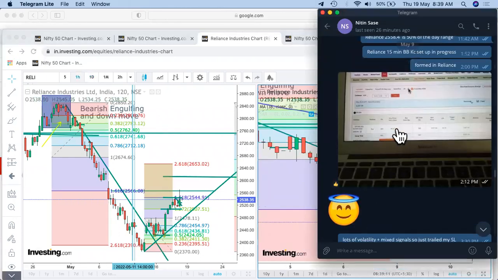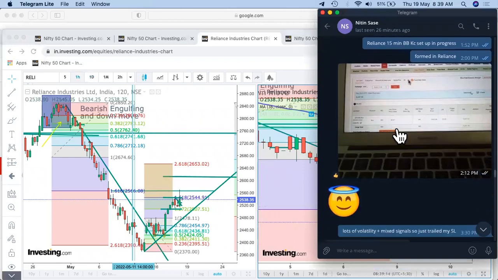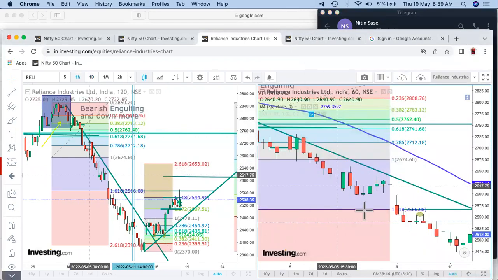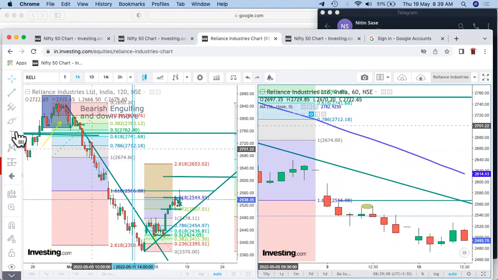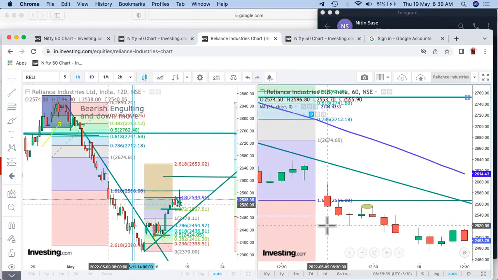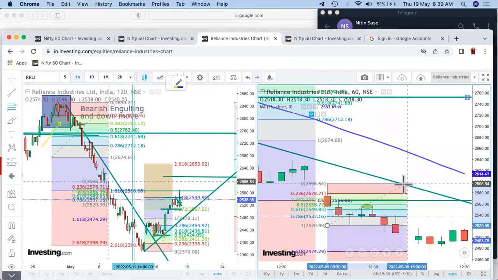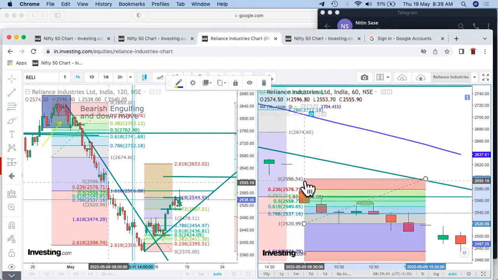which was this day, 9th of May. So 9th of May, 2 o'clock. So this was the morning part. And if we see especially the candles which are there, again, we get the same kind of retracements in the market. This is our range 0 to 1, and again we get confirmations at 0.5. So probably these trades will be taken on the basis of that, and